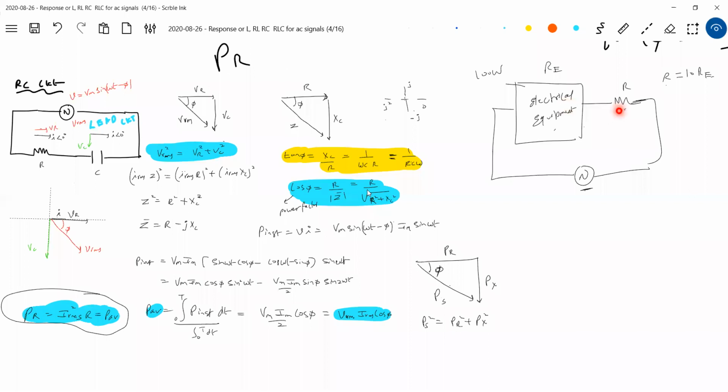Go back to the voltage divider formula here also. The applied voltage will be more across this than across the equipment. So if any voltage increases, first it will increase more here than in this one. So this will burn out first, and the equipment gets protected. Okay, fine, I'm protecting the electrical equipment, but look at the bill. 90% of power I'm wasting here, and only 10% is utilized by the electrical equipment. For every 1000 rupees, 900 is taken by this and only 100 rupees is utilized. So this is a very bad design.